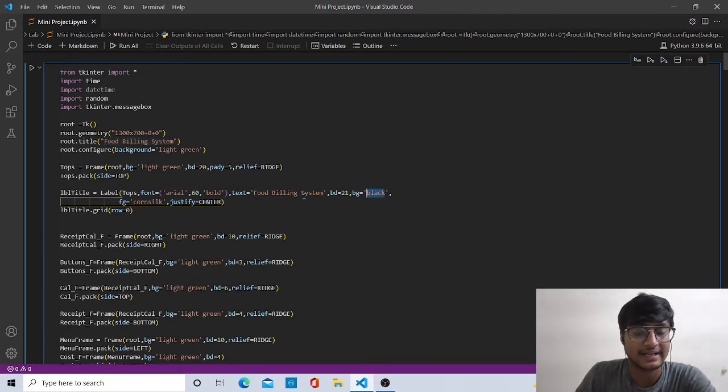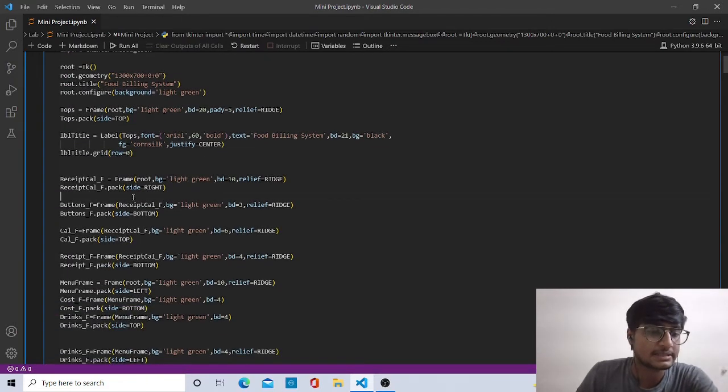The background color black is only for that heading text, Food Billing System, while the whole output screen has a green background. It is justified and aligned at center. FG is the foreground color, and it is placed at row equal to 0.